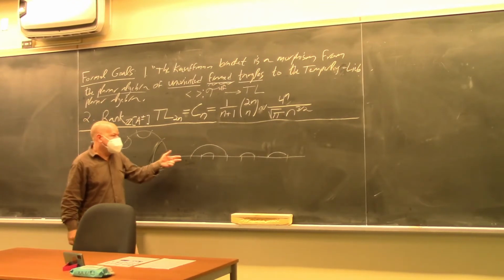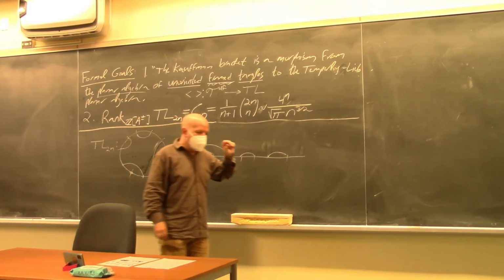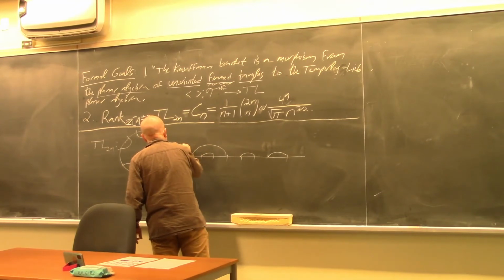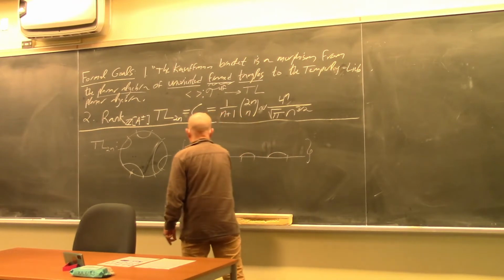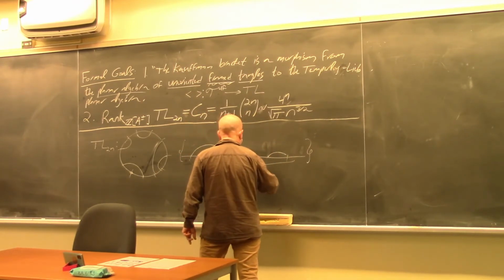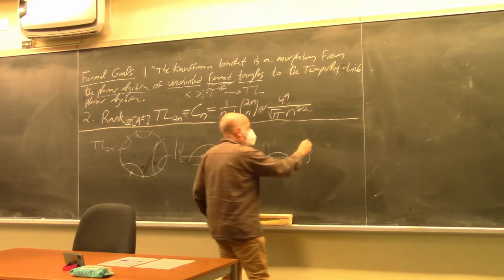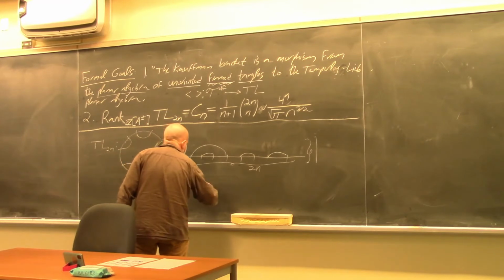Now I want to count how many of such there are. I claim that the cardinality of this set, with 2n endpoints in general instead of 8, is equal to the nth Catalan number,